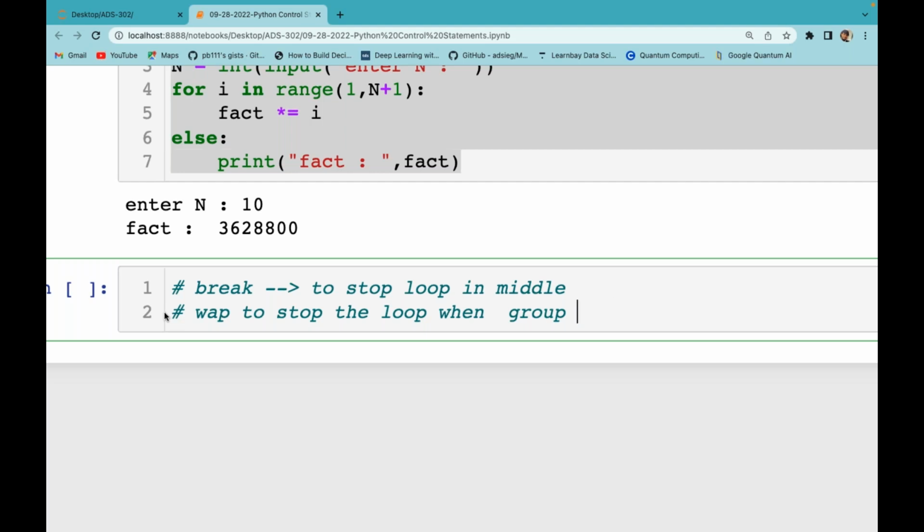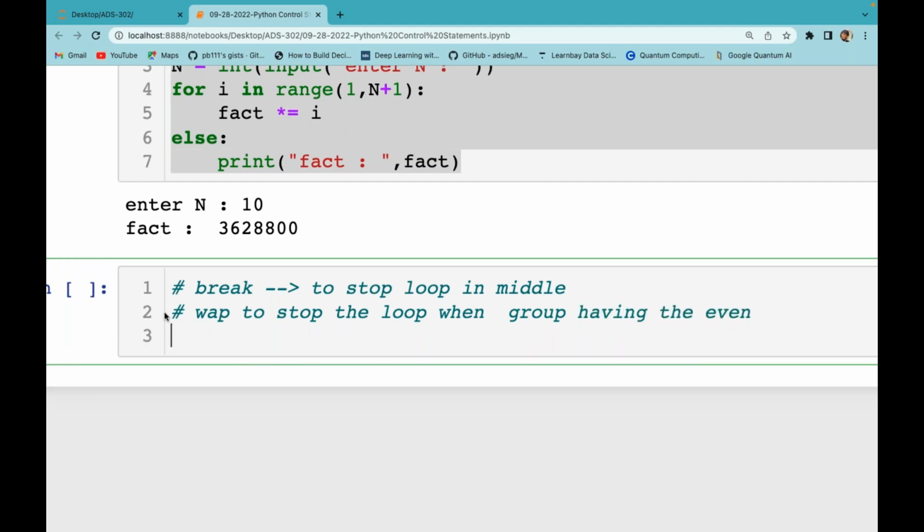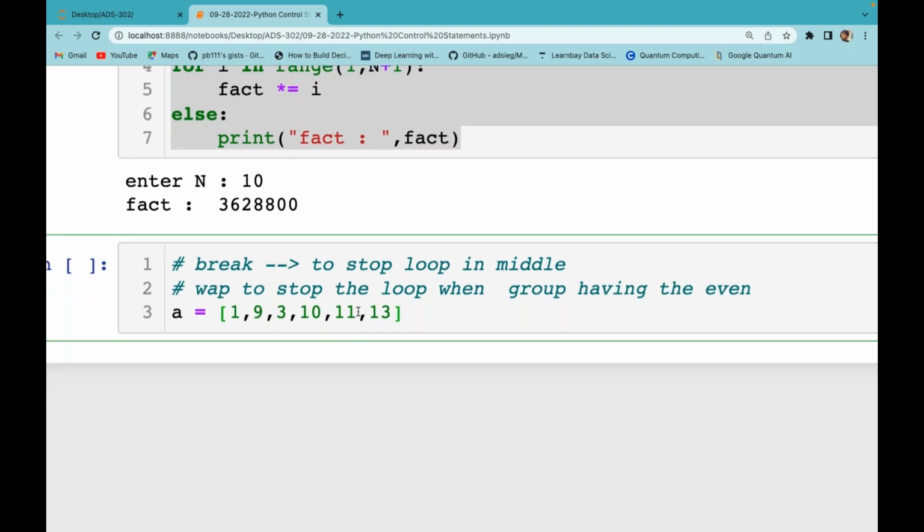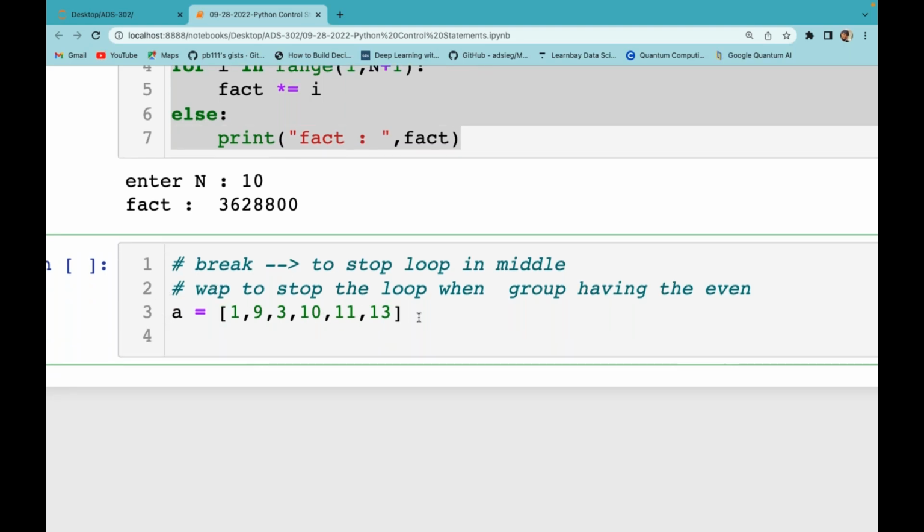Until an even number is encountered, it looks like odd numbers only. If you get at least one even number, then it has to stop. In the fourth element we have the even number, and after the fourth element there are two more odd numbers. So for i in range,